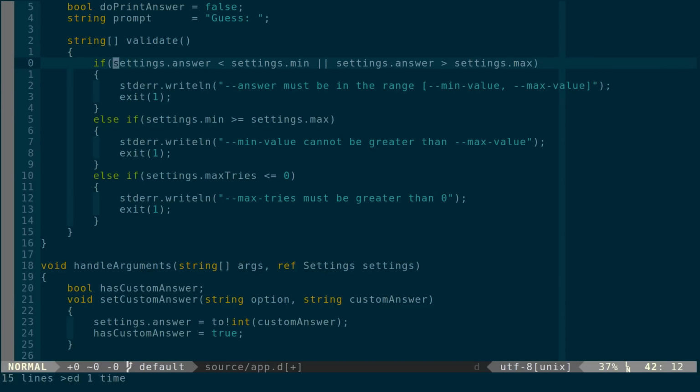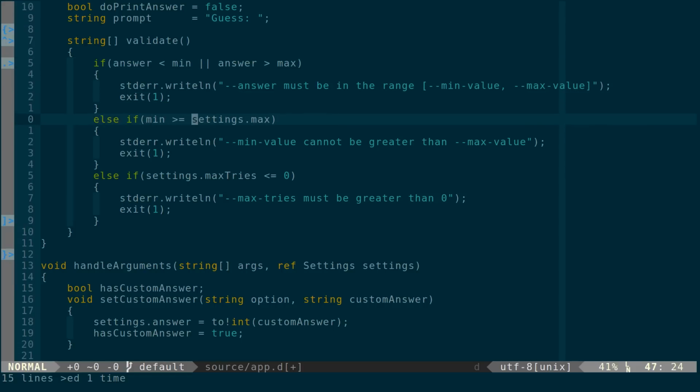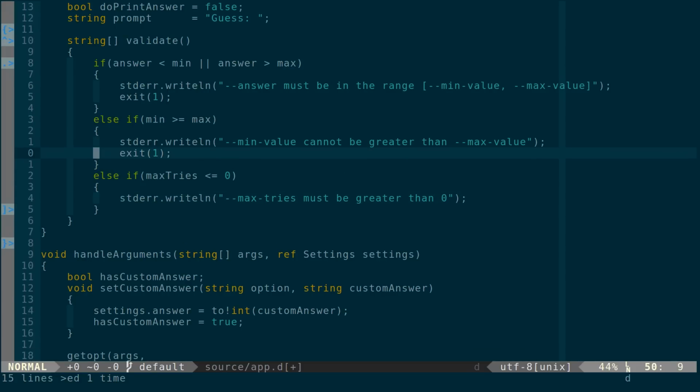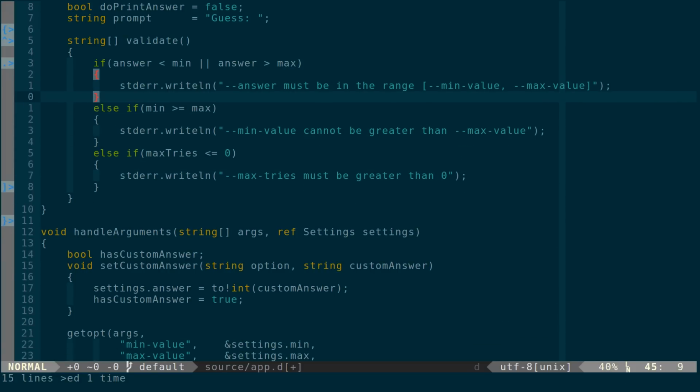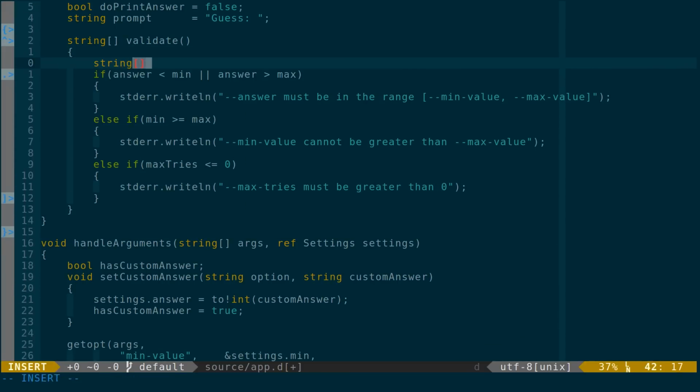And we'll need to remove all our settings. That is the settings specifier we have there, the symbol. And we should no longer exit, and we should also have a variable containing all the errors,